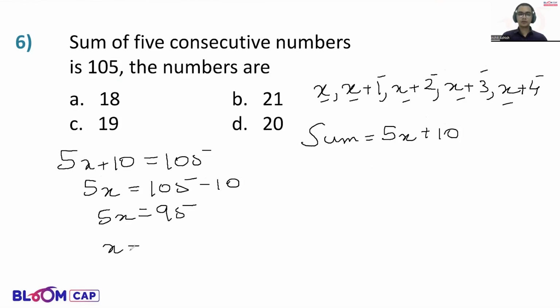Now x is equal to 95 upon 5. Now 5 ones are 5, 4 left, 5 nines are 45. Therefore, the answer is 19. Or otherwise, if you know the table of 19, it's even simpler. You can simply divide 95 by 5 and you'll get 19 as your answer. So for this, you have to remember what is the sum of consecutive numbers or how do we represent